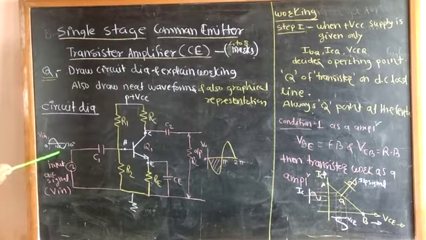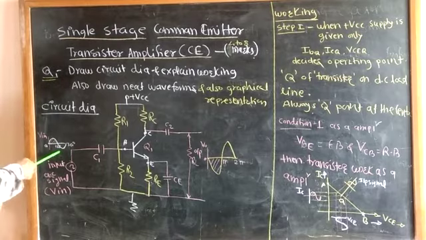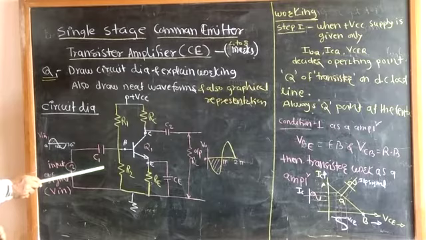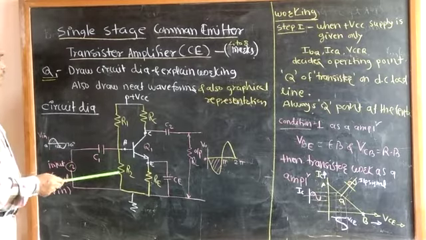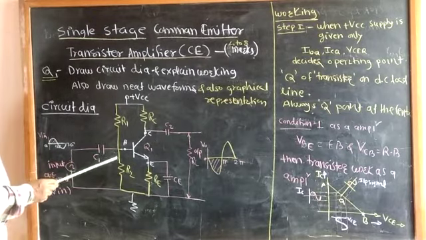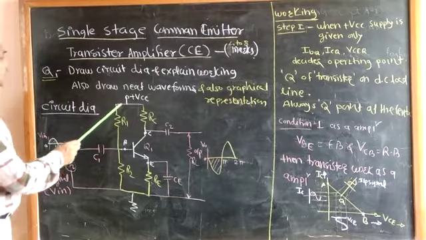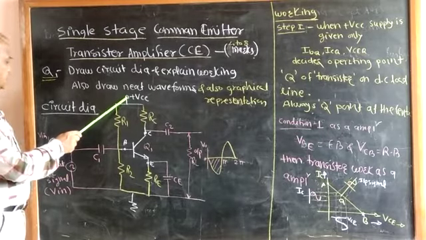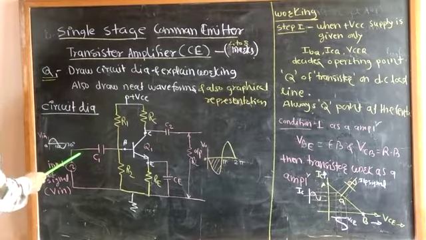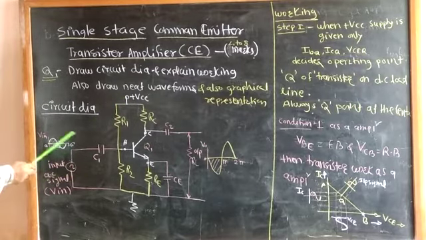Okay. Now we have to study the working of the circuit diagram, and the working of the different components connected. Now suppose initially only the DC supply is given to the circuit. Only the DC supply is given, and at the same time the sine wave signal is absent.